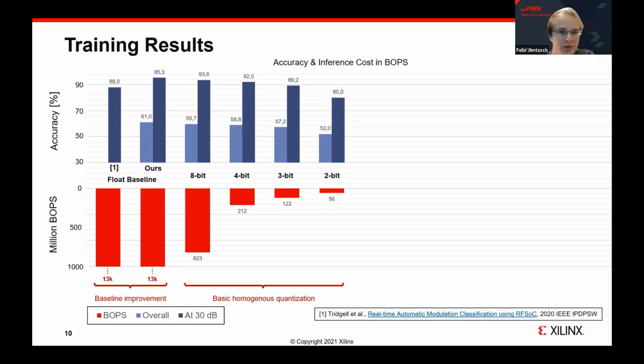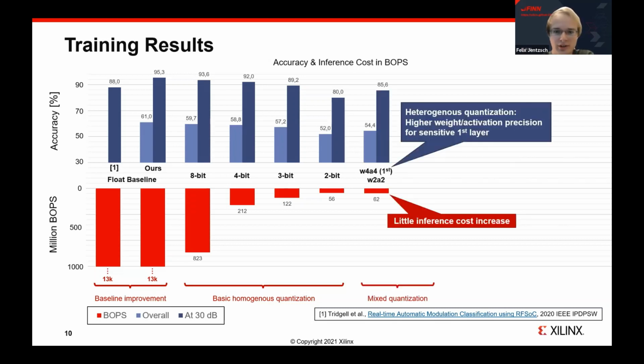And the accuracy drop is especially deep when we go below the 3-bit mark, as you can see. But luckily, we could recoup some of this accuracy by handling the first convolutional layer differently. It seems to be more sensitive to harsh quantization, so we increased precision to 4-bit only in the first layer and kept the rest at 2 bits. And the inference cost impact of this is minimal, but we could recoup well over 2% overall and 5% high